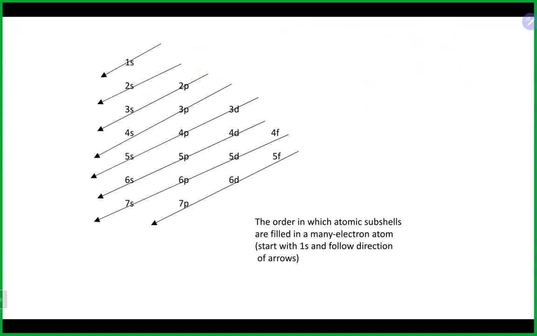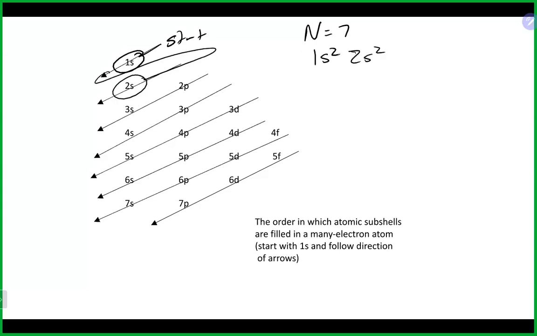So that's nitrogen, which is number 7. And again, starting here, 1s2, zigzagging back, 2s2, zigzagging back. And now we're at